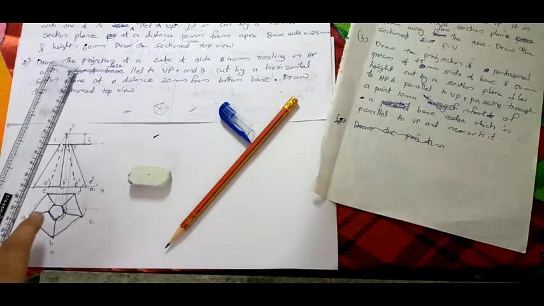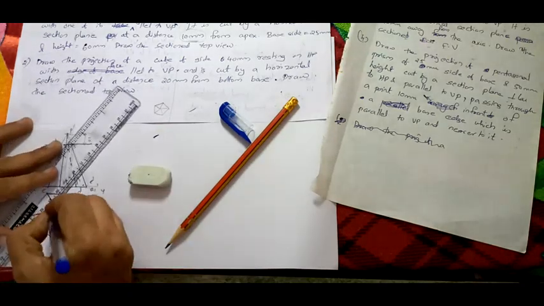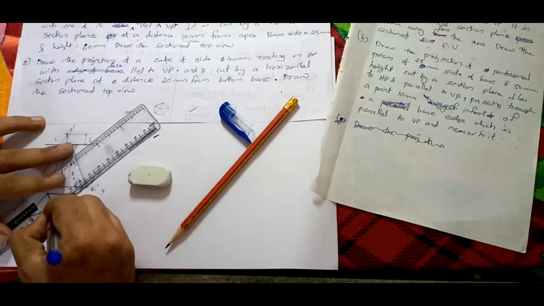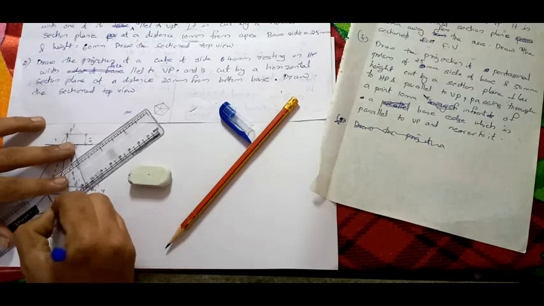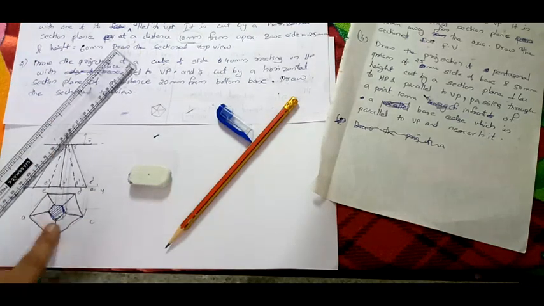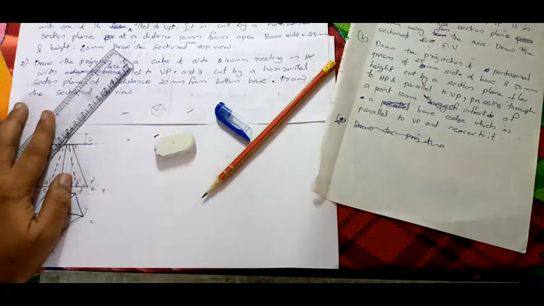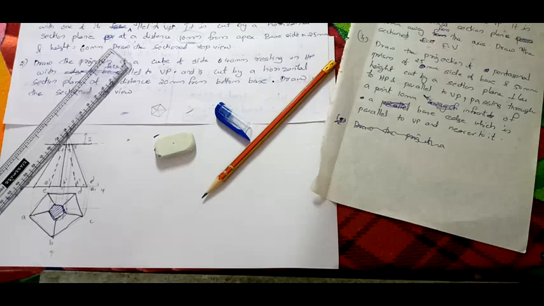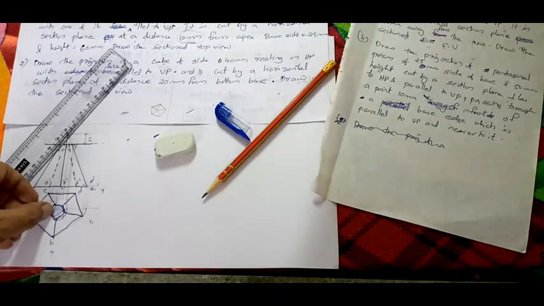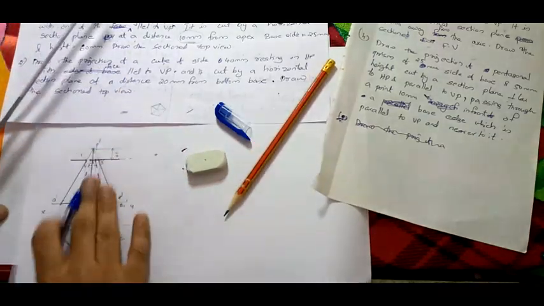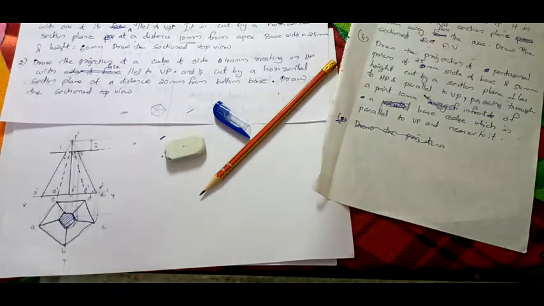Now for showing sections, you have to draw lines inclined 45 degrees to your xy line. Draw lines inclined 45 degrees to the xy line in such a way that the spacing between these two lines will be approximately 2 mm and equi-spaced. It does not mean that you have to use a scale and draw it. Just roughly draw, and you will find approximately how it will be.